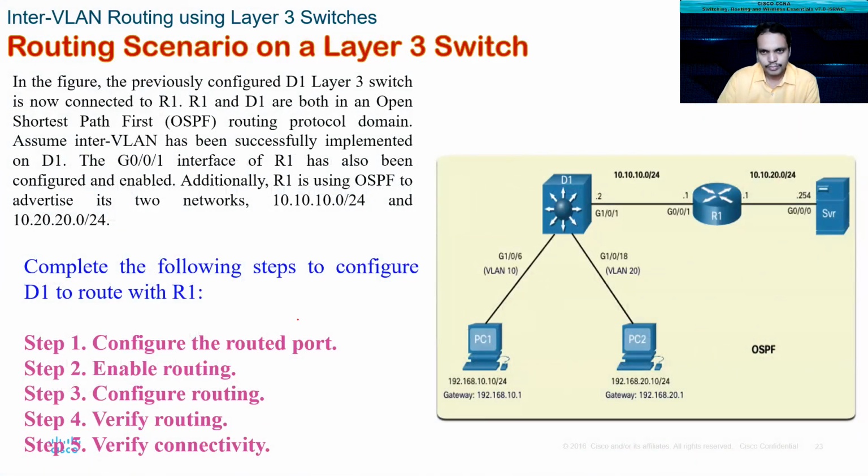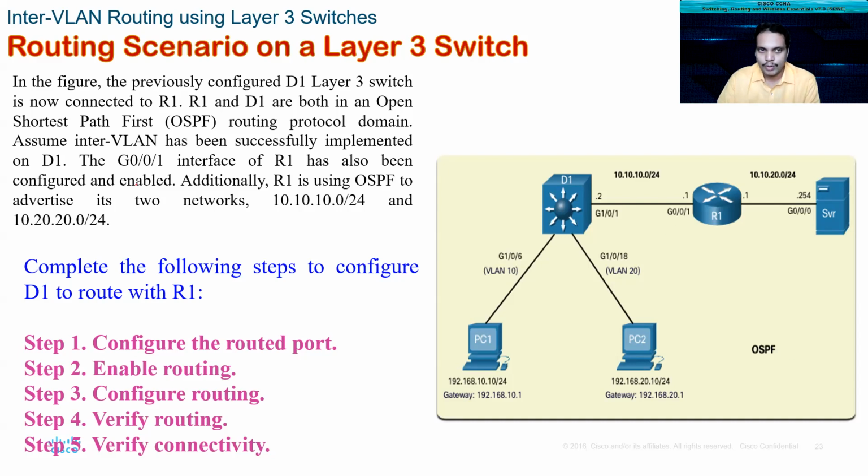This is a scenario where we are using the OSPF algorithm. Here we initially did inter-VLAN routing by setting up the VLANs and the SVIs on this multilayer switch. But what if the switch wants to talk to the outer network, if it is connected to another layer 3 device such as a router? Now imagine that all of these devices are in the OSPF domain.